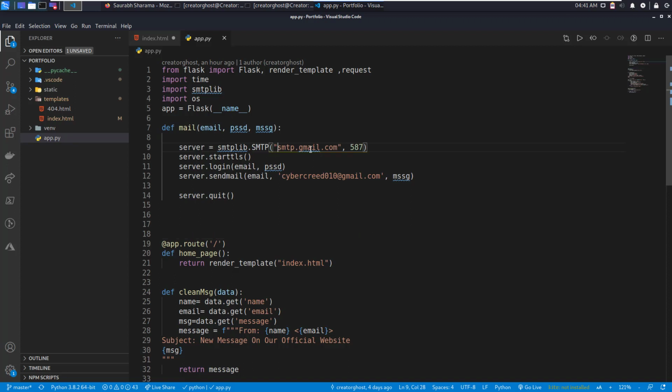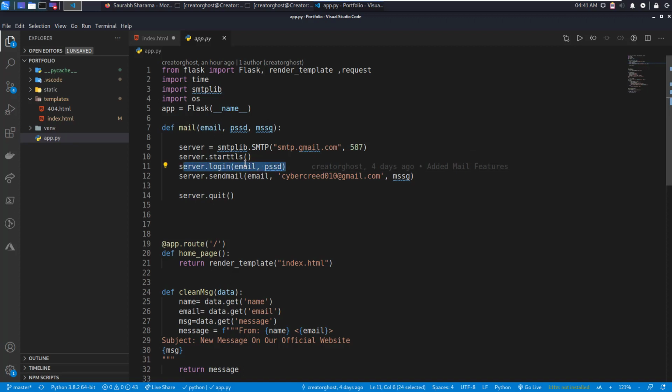And the first line we are specifying is smtp.gmail.com. This is basically the SMTP server of Gmail by which a programmer can send emails, and this is the port address by which we can send our email. And here we are saying server.start, and here we are logging in to our system.